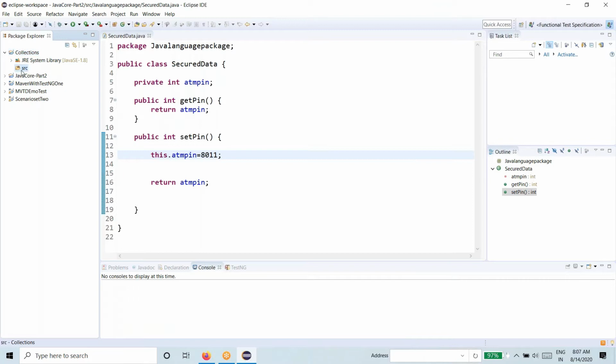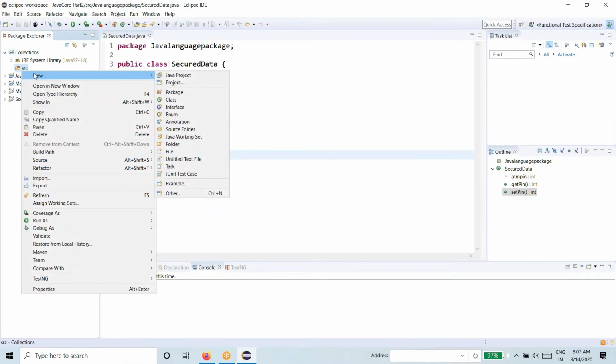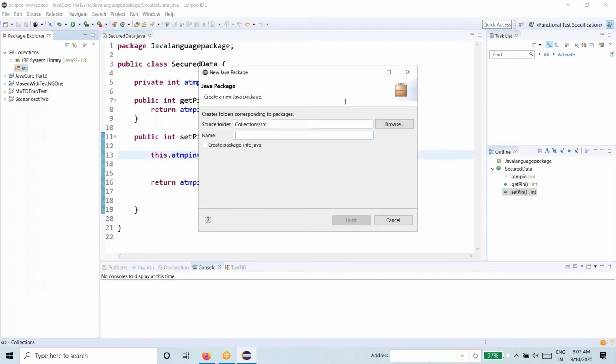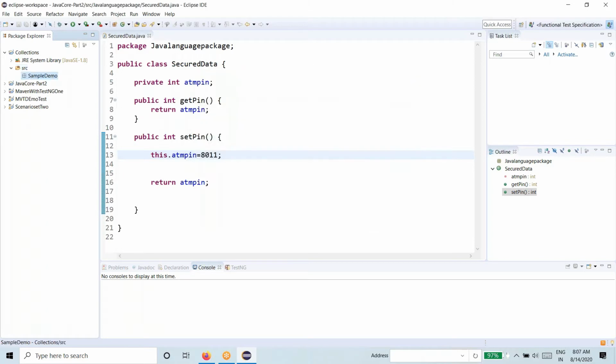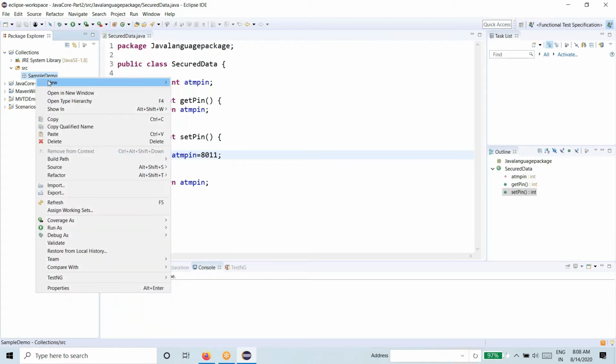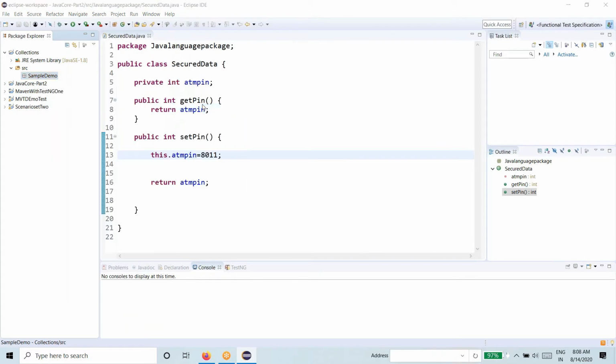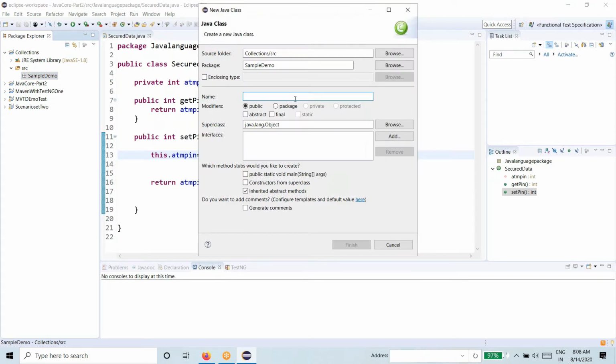And let's create a package inside it. So I'm creating a class called ArrayList.